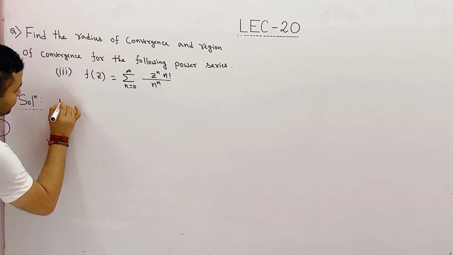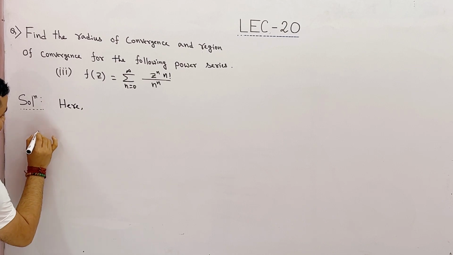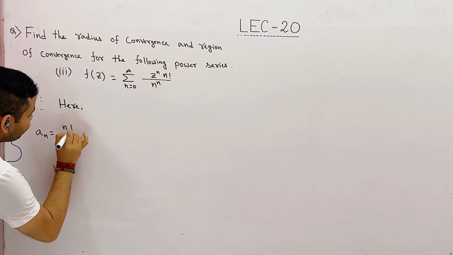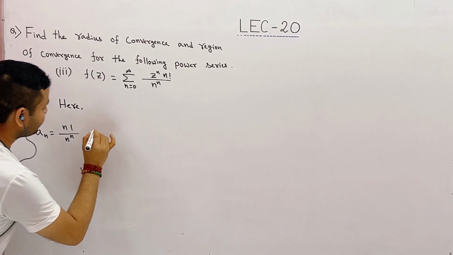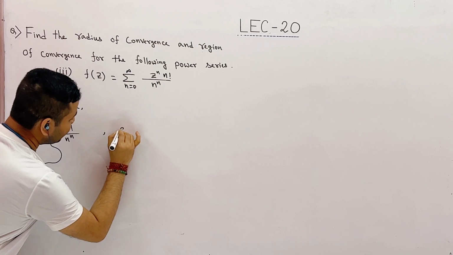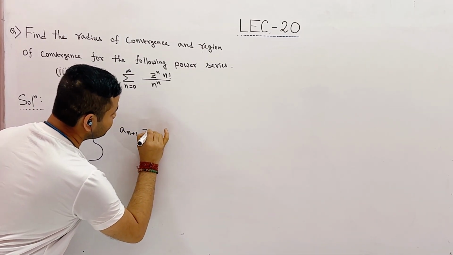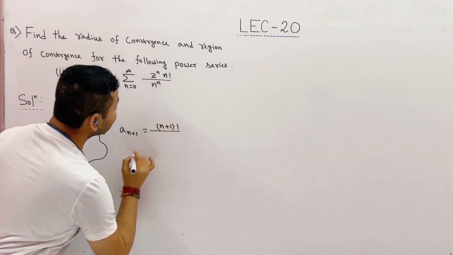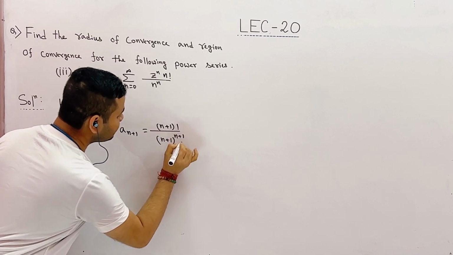So, here nth term, that means a n is equal to n factorial divided by n to the power n, and a n plus 1 is equal to